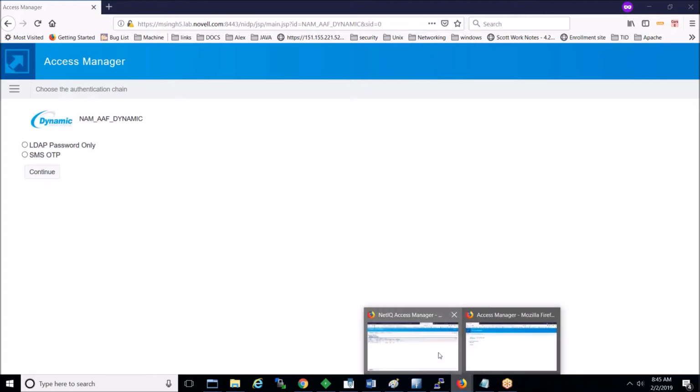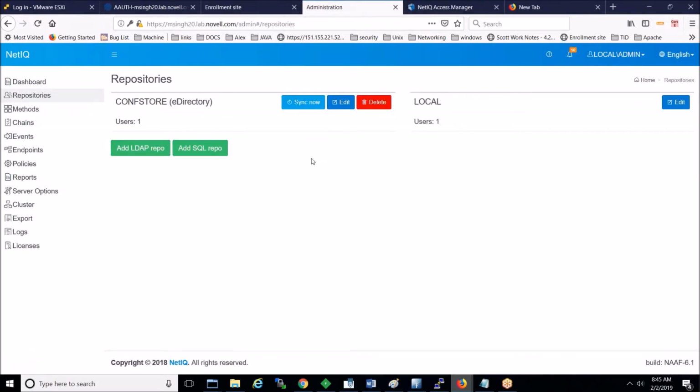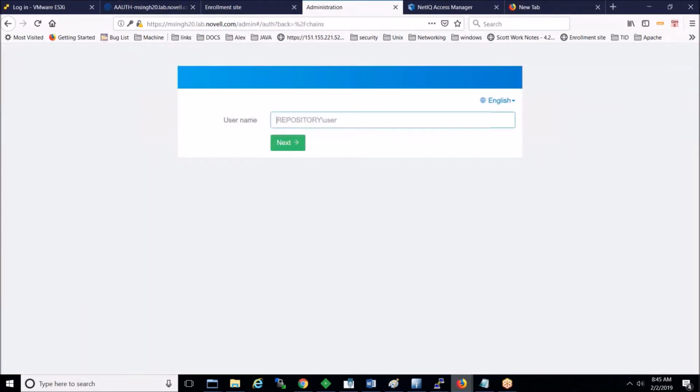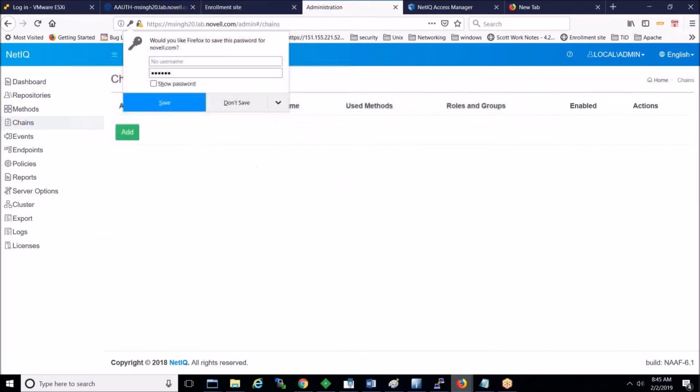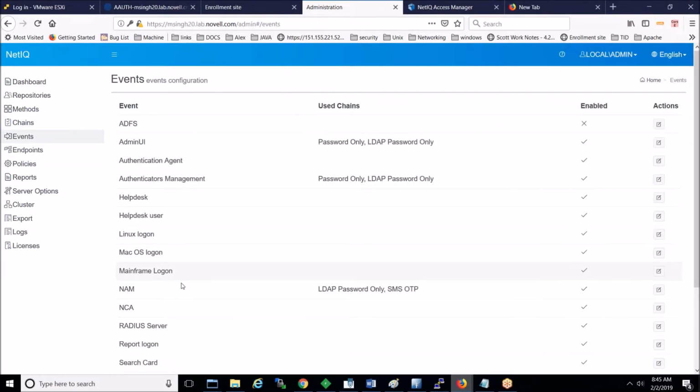Because if you go and see your Advanced Authentication Framework Administration Console, if you go and see the events, the NAM event is configured for two chains, LDAP password and SMS